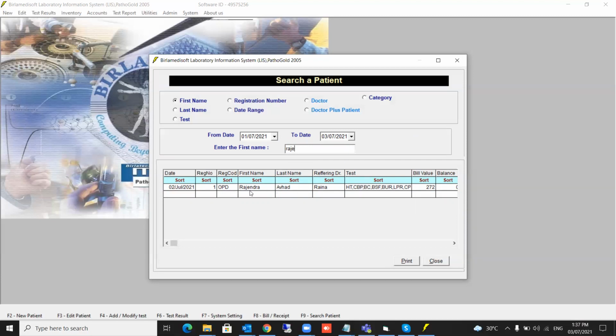Now from here, you have a master control. You have to double click on this, and immediately you can do anything. This is called a master control. From here, you can directly go to the patient test result. You can generate the bill. You can see the bill. You can do anything. Okay, now I think one more query I can address here. If you want to delete this patient, you can just go here and press the delete button, and the patient will be deleted.